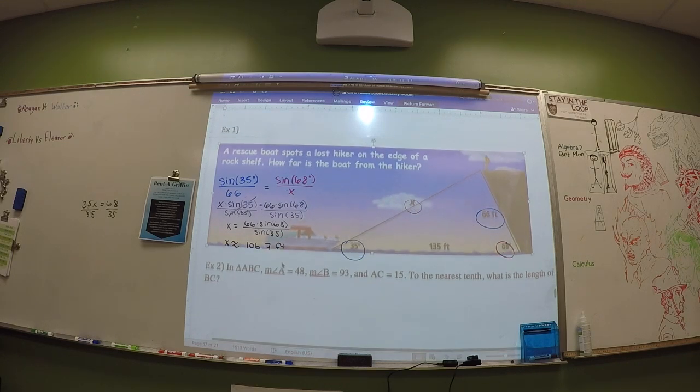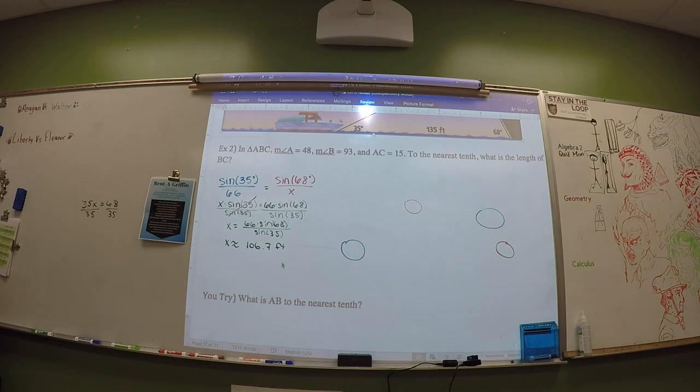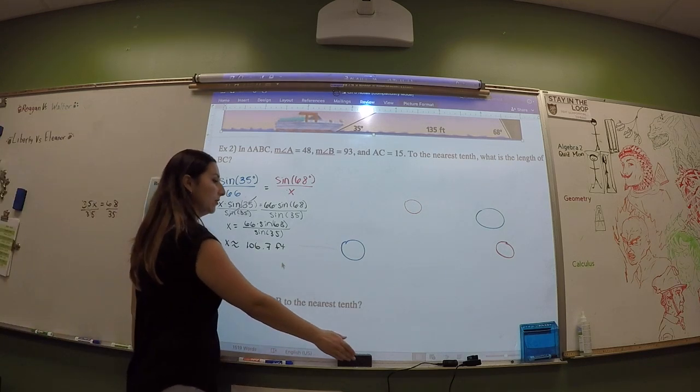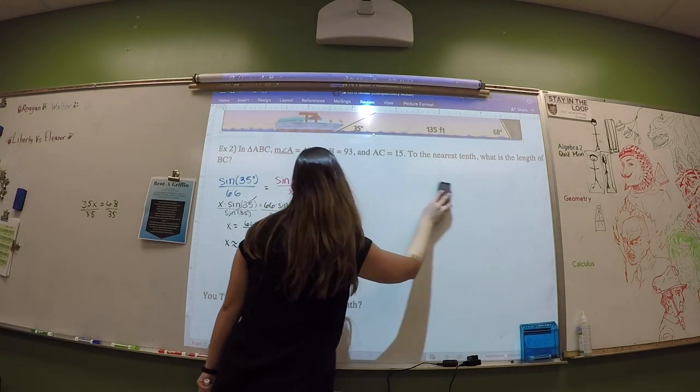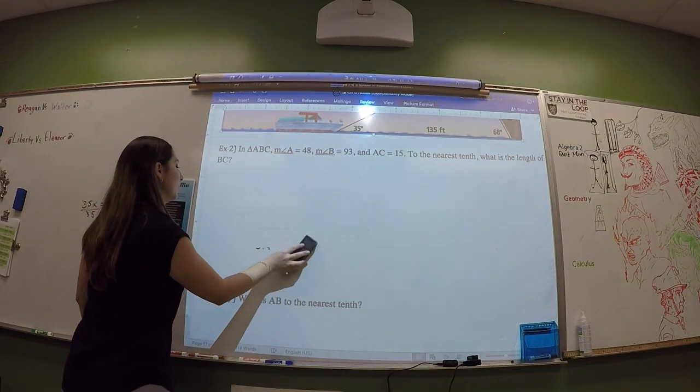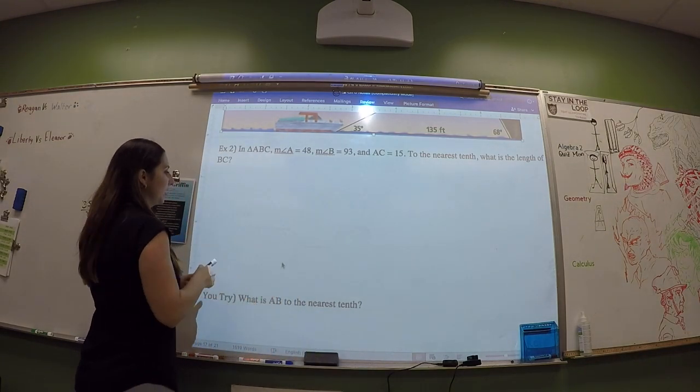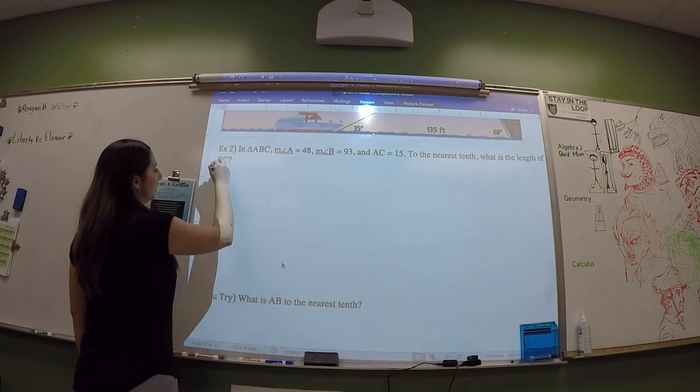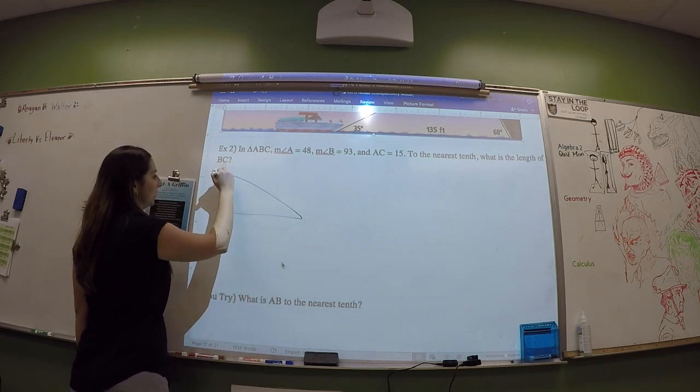I'm gonna draw a triangle. So they didn't have the triangle here, so we want to practice our triangle drawing skills. So the first thing I'm gonna do is draw a triangle. It doesn't have to be to scale or anything. I'm gonna label it